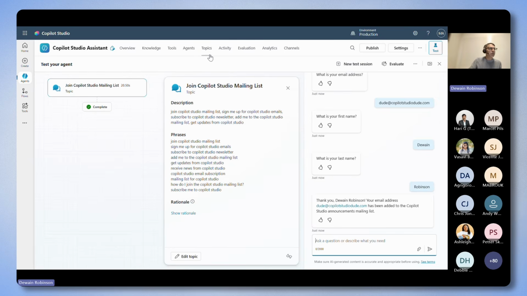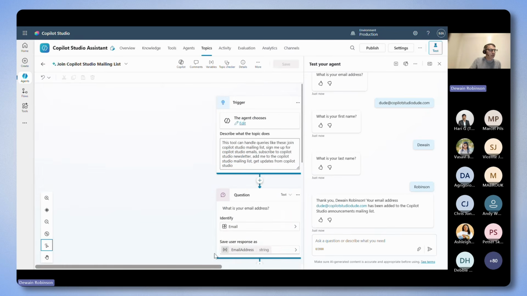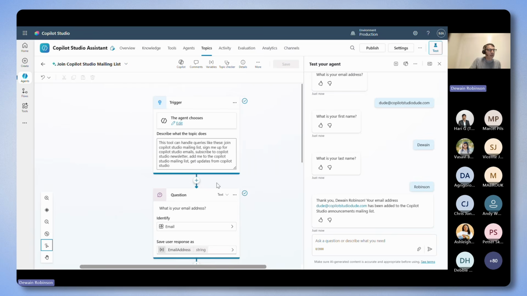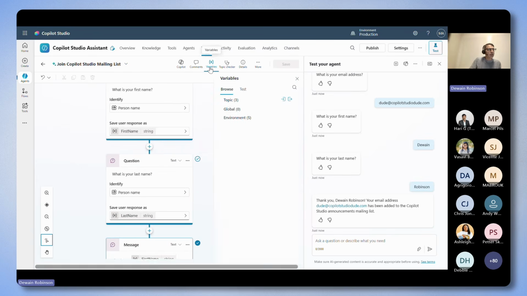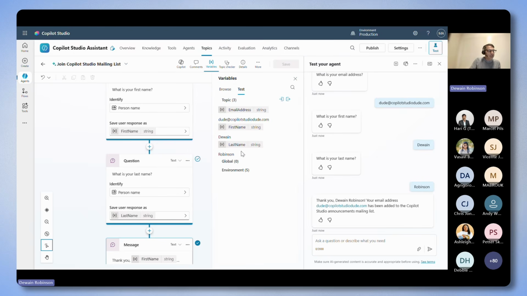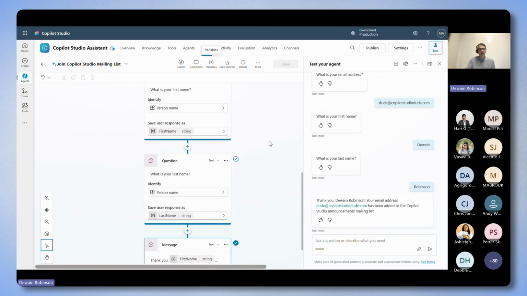Now, even with this, you can go look at the actual topic. If I go into the topic, you can see in Copilot Studio that it walked this process and went through. We can even go into the variables and look at the test variables and see what was passed in and everything, so that we can troubleshoot and diagnose our custom topic. Okay, so now